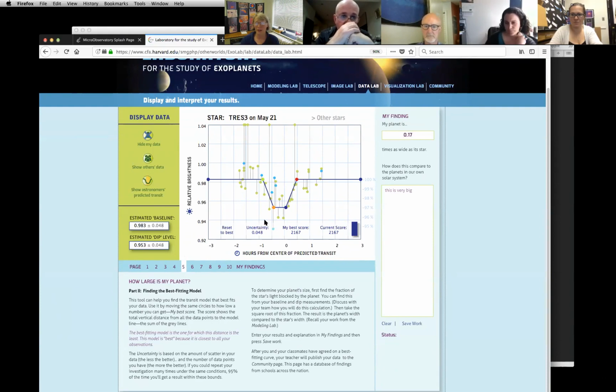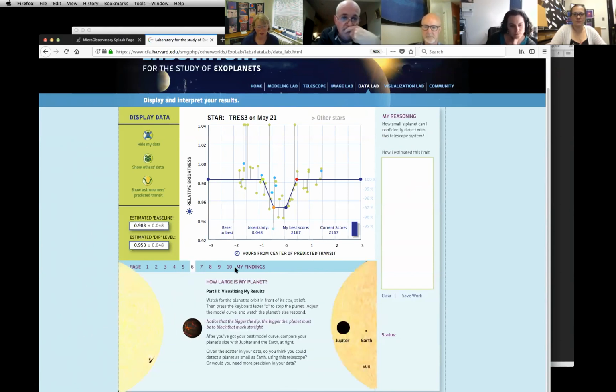The rest of the data lab helps you not only find the size, but use that model fit to calculate the period, even from one transit. If you assume that the star is like the sun, you can get a good estimate just from the duration of a single transit, what the period and therefore the distance from its star is. And in fact, if we go to that page here, actually,